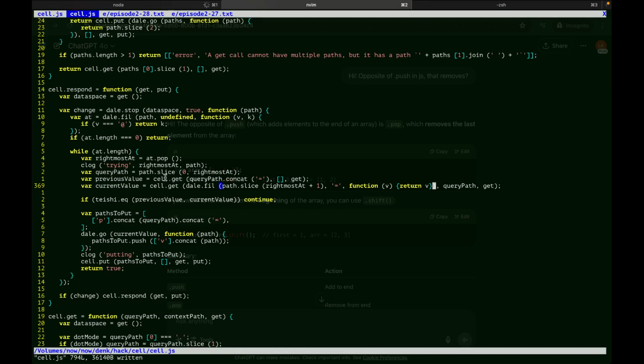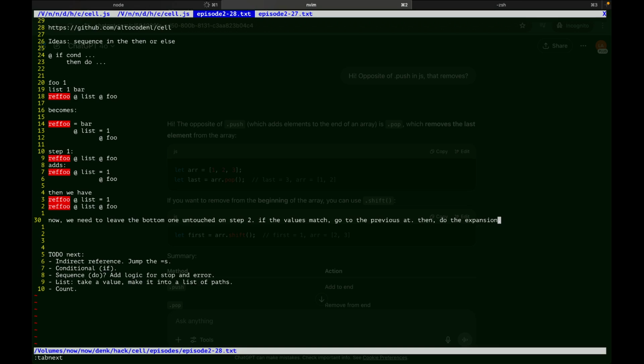So I don't slice filter. No, I need to jump over the equals. Sorry, the equals. When I'm doing... because here I'm not jumping over any equals. I would just do